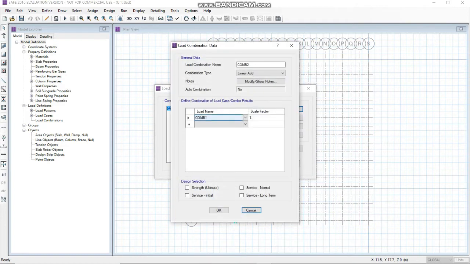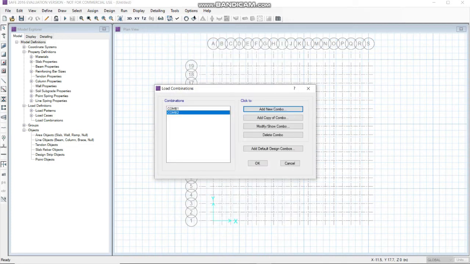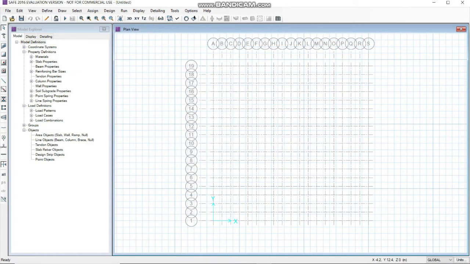Click on add new combo. Make it dead, scale factor as 1. Live, scale factor as 1. Select the service initial, normal and long term as design selection. Click on OK. You can see the load combinations has been defined. Now click on OK. As you now finish defining of the materials, now let's go to drawing of the